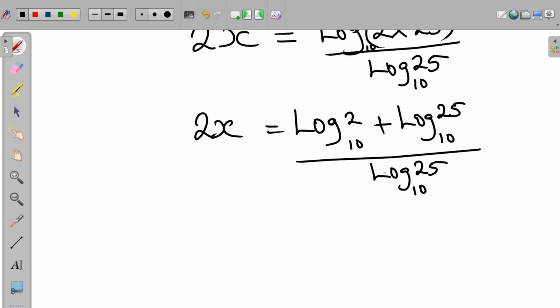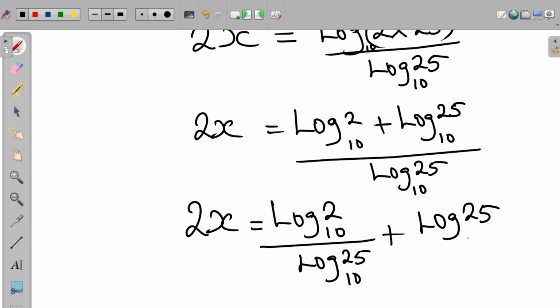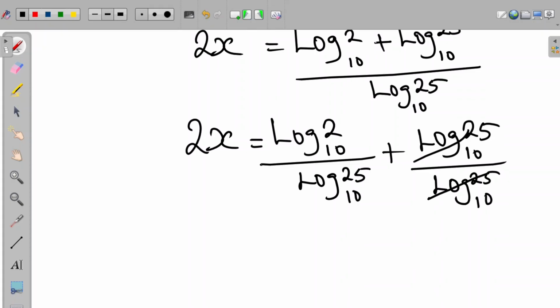So we have 2x equal to log 2 to base 10 divided by log 25 to base 10, plus log 25 to base 10 divided by log 25 to base 10. So this cancels out this. The equation now reduces to